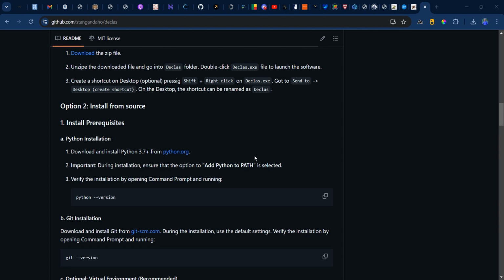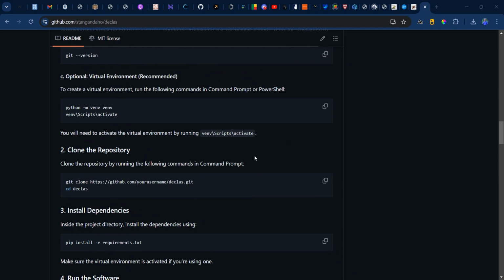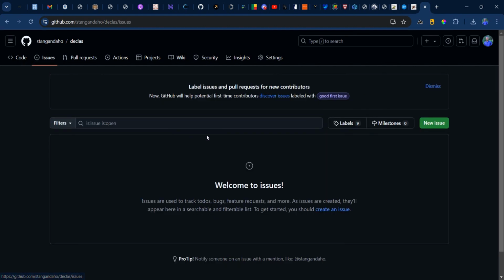But if you prefer one of these options, or you are on another operating system and you want to install the software and you encounter any issues, please come to the issues section and let me know what's wrong, and I will try to see how I can help you.